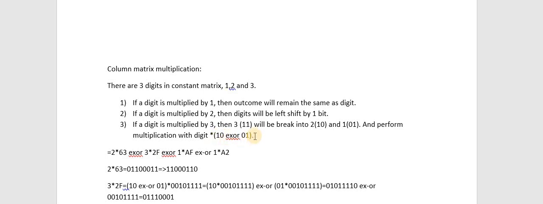In the Galois field, all subtraction and addition operations are considered equivalent to the XOR operation. So 2 and 1 have to be combined with XOR, and this XOR outcome will be multiplied by the digits. So for the example,